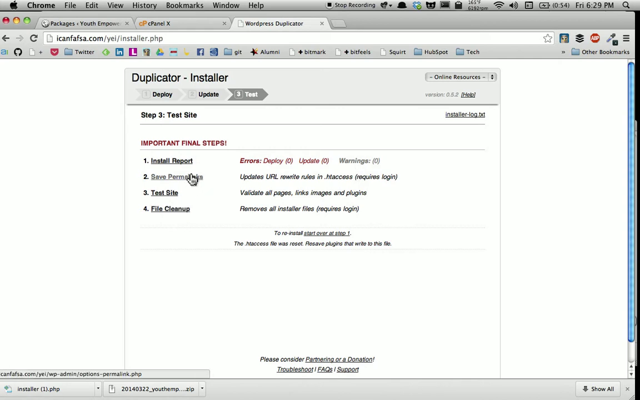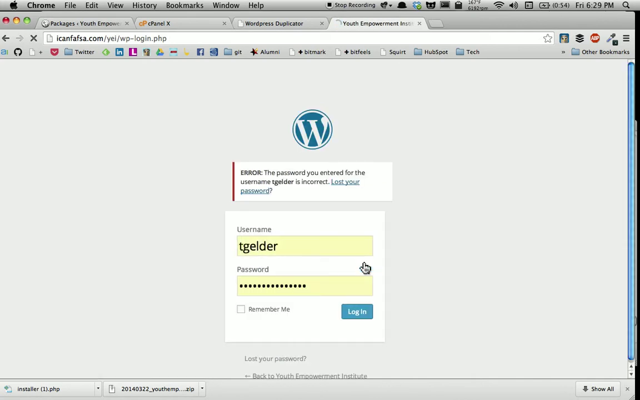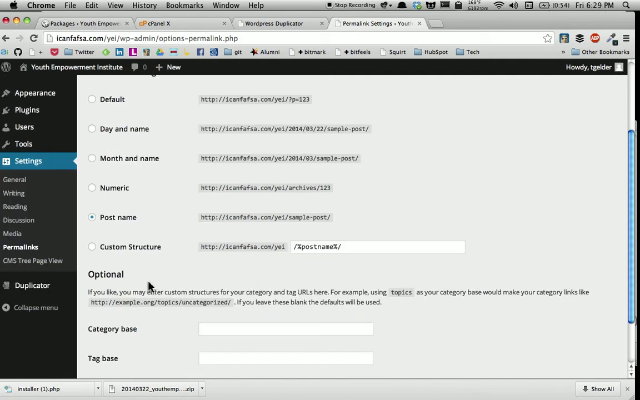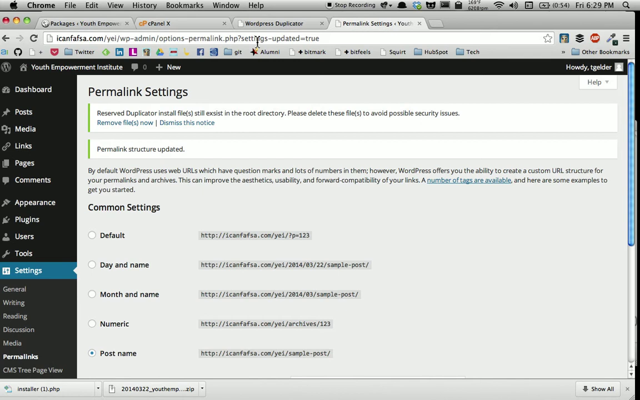So you want to do these. It says that you need to make sure that your permalinks are correct. Oh, for God's sake. There we go. I don't know what it is about doing these migrations that require you to just save changes even though you haven't made any changes. All right, so